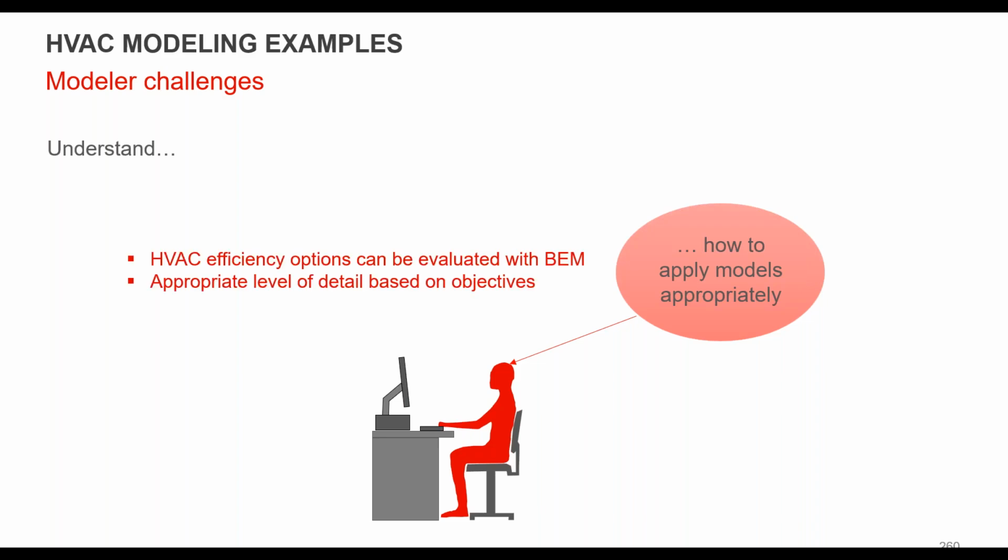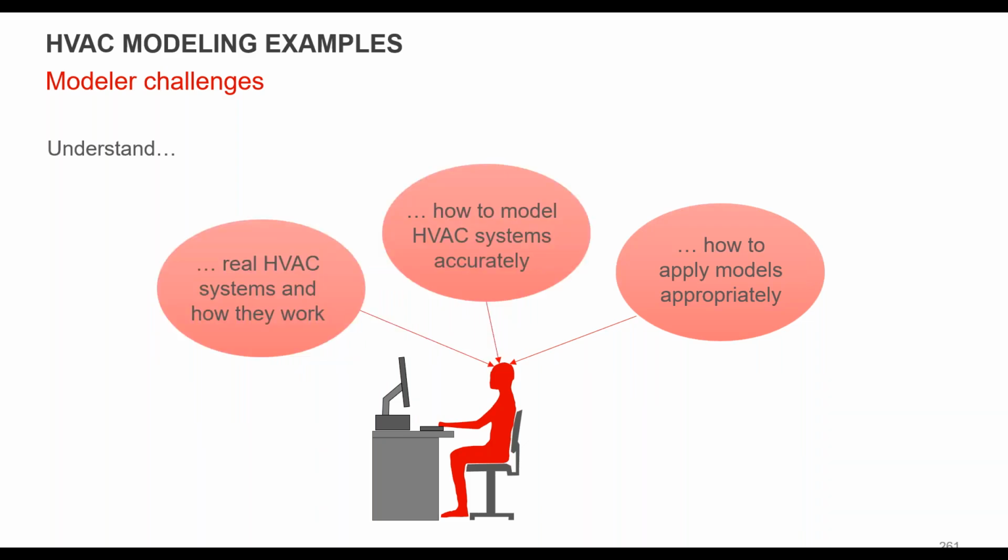So again, you can use this to look at systems and efficiency changes, and the amount of detail that you put in really depends on the objective, right? If it is an HVAC system selection that you're looking at to answer with this model, you're going to put a lot of effort into the HVAC system. But if you're looking at a lighting system change and it's a pretty basic HVAC, you're probably not going to spend a lot of time there. So level of effort is very important to keep in mind as well.